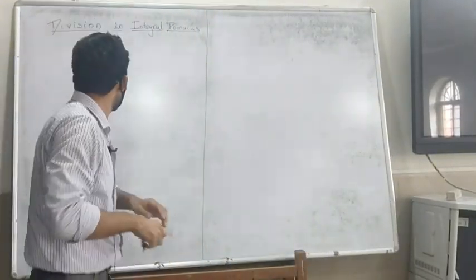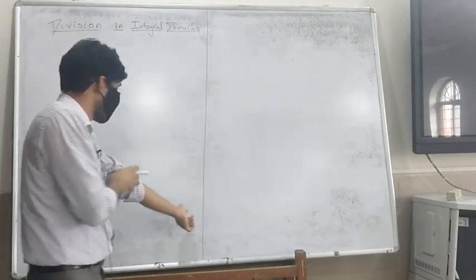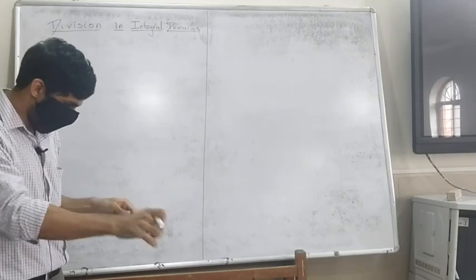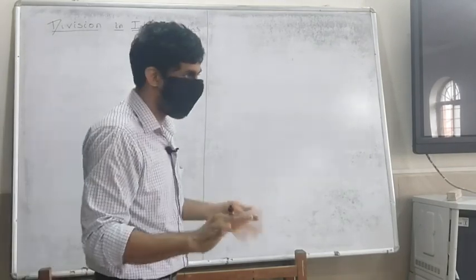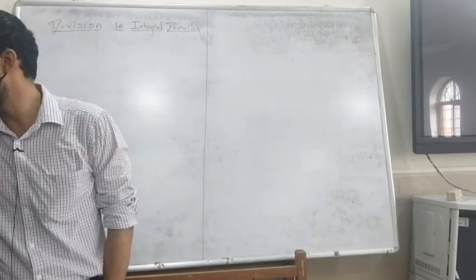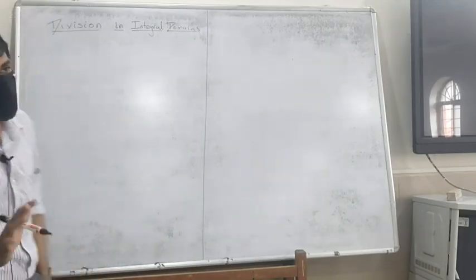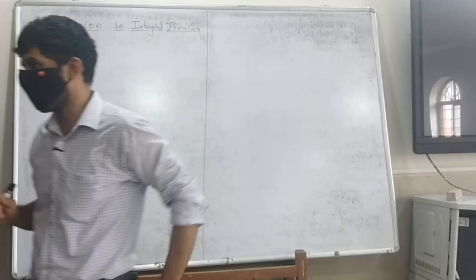Okay, so we'll look at division in integral domains. We are essentially just trying to imitate the process of whatever we have done in number theory in Z here. So let's define the basic concepts. One is irreducibles, primes, and associates. These are the three things which we should be familiar with.